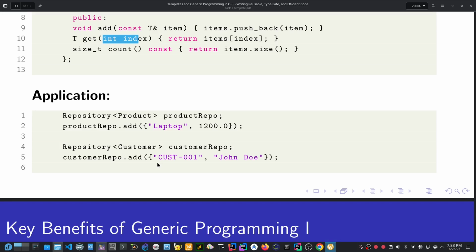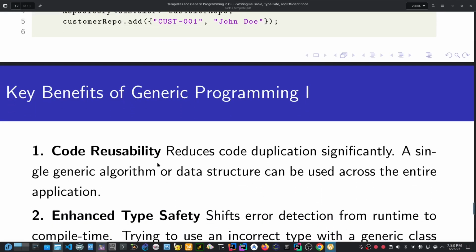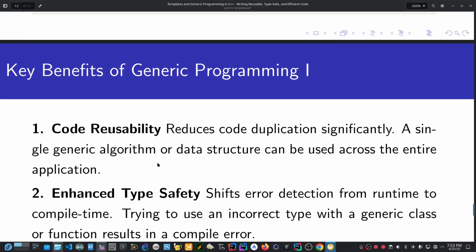Then we see the application here. Repository of products. We also create a product repo. Yes, product repo.add, 1,200. We're going to have an exercise on this question to help you understand it more. So we have a repository of customer. Repository of customer takes a customer struct object, and then we pass it there. We pass customer 001, John Doe, as the name of the customer. So that is how we can create function templating and class templating in C++